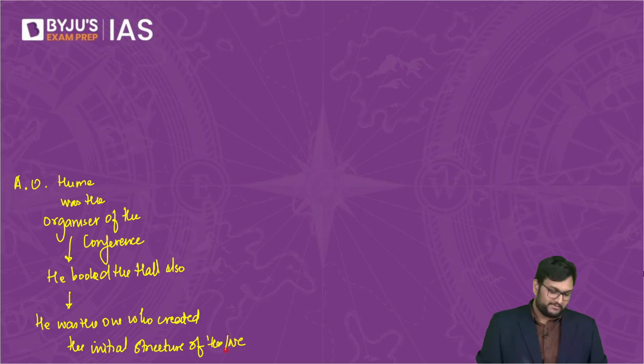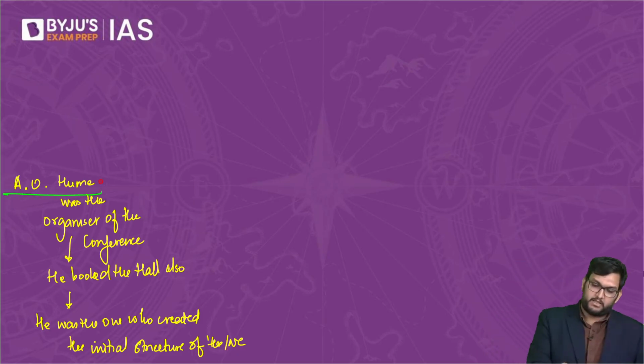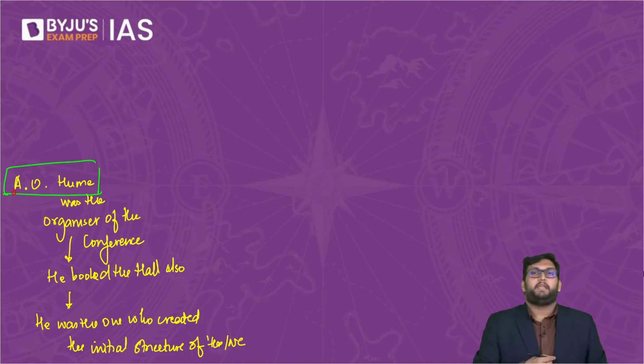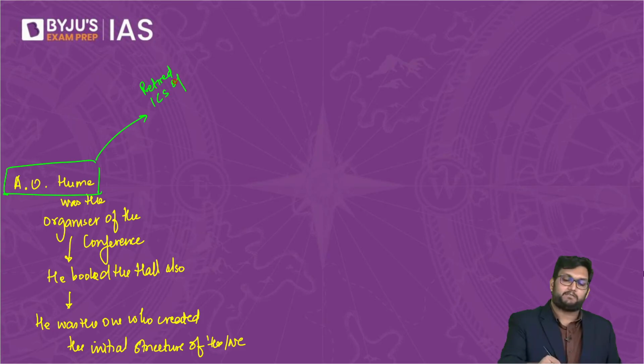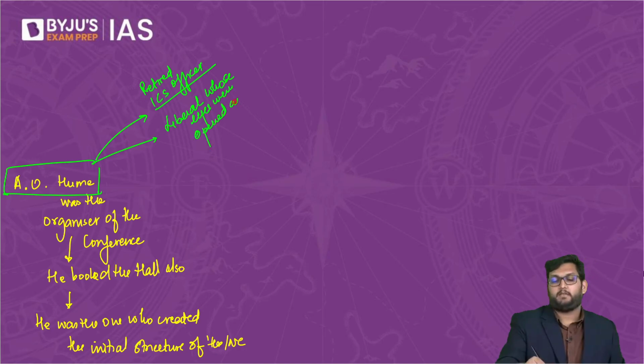Now the question is, who is this A.O. Hume? Alan Octavian Hume is a retired ICS officer, perceived as a liberal whose eyes were opened after the 1857 brutality, and he was in favor